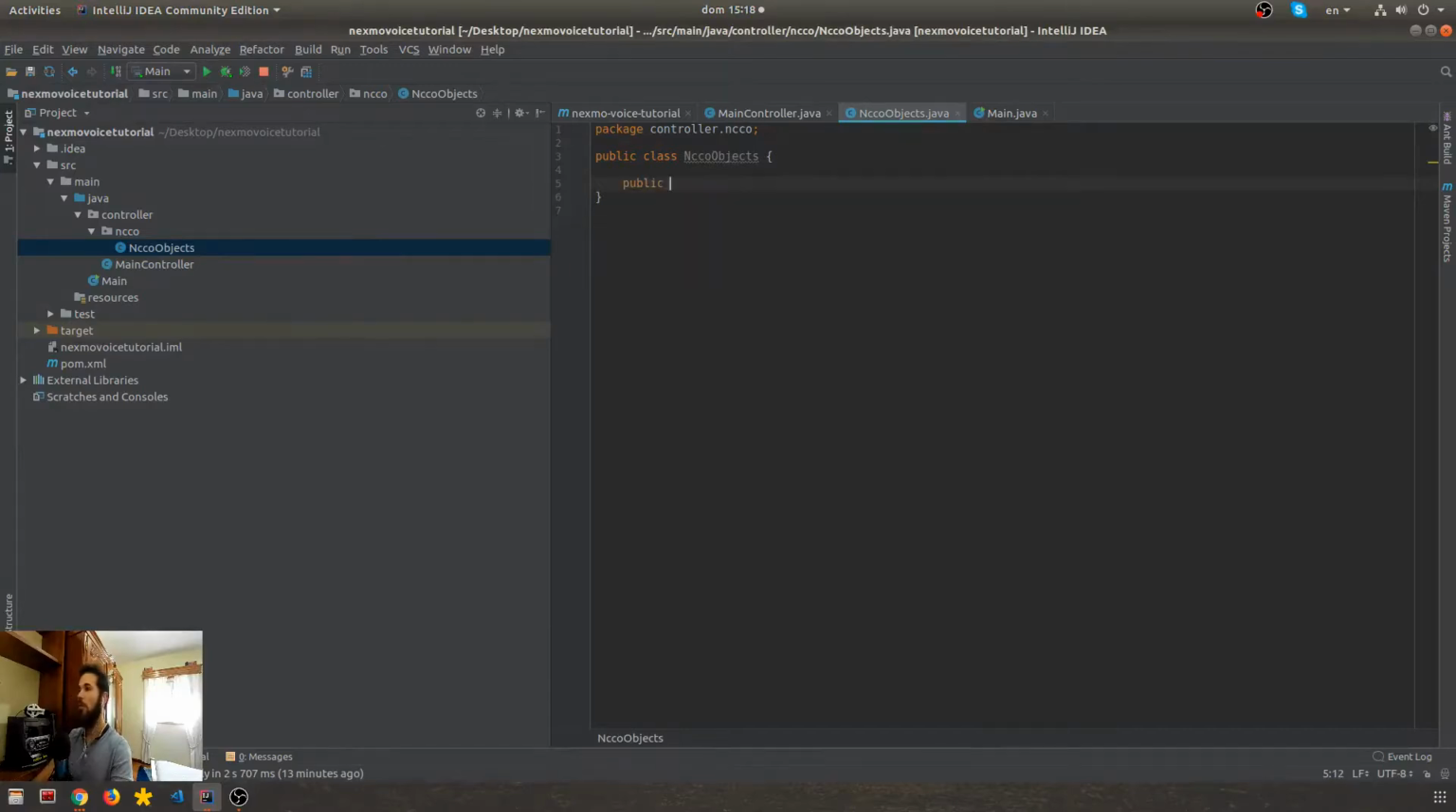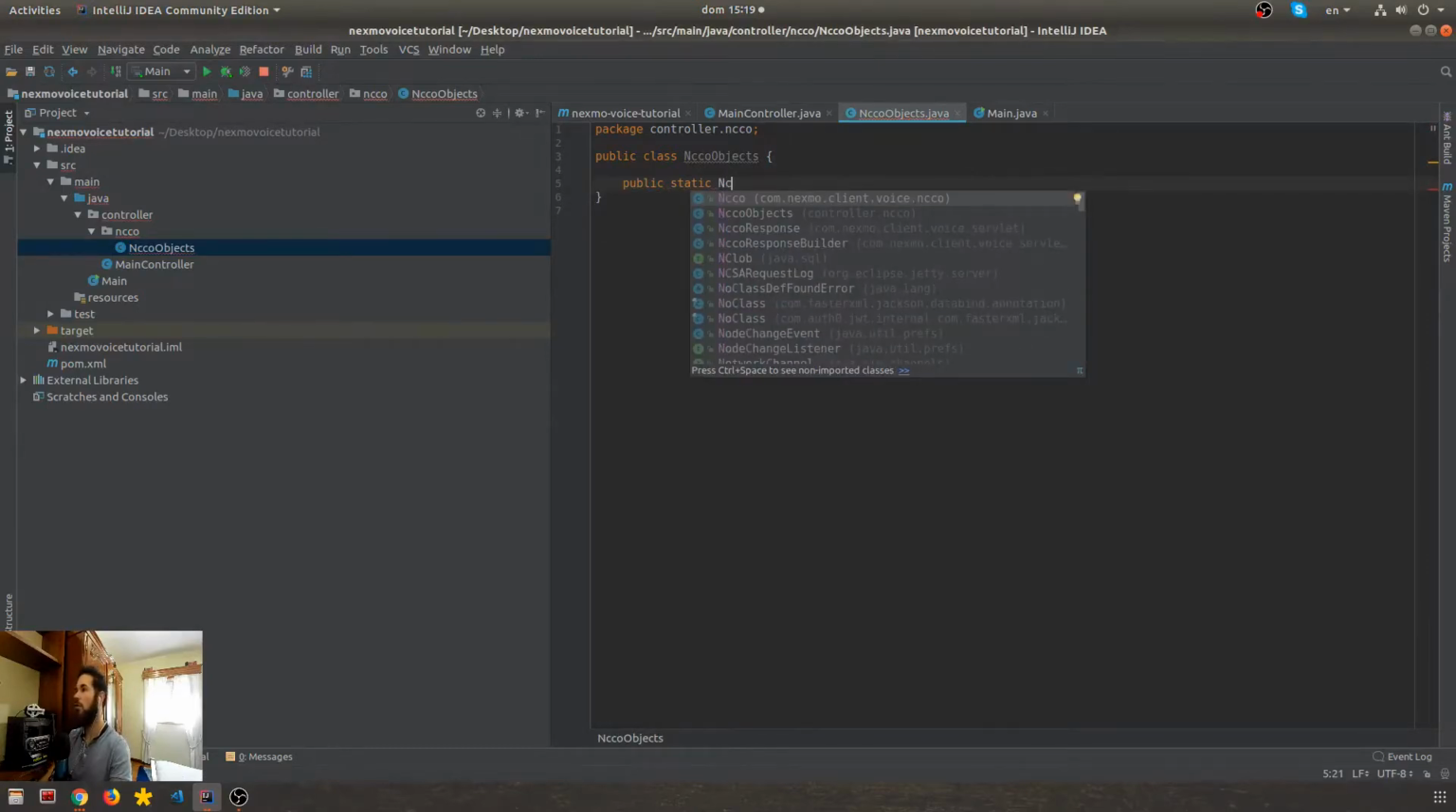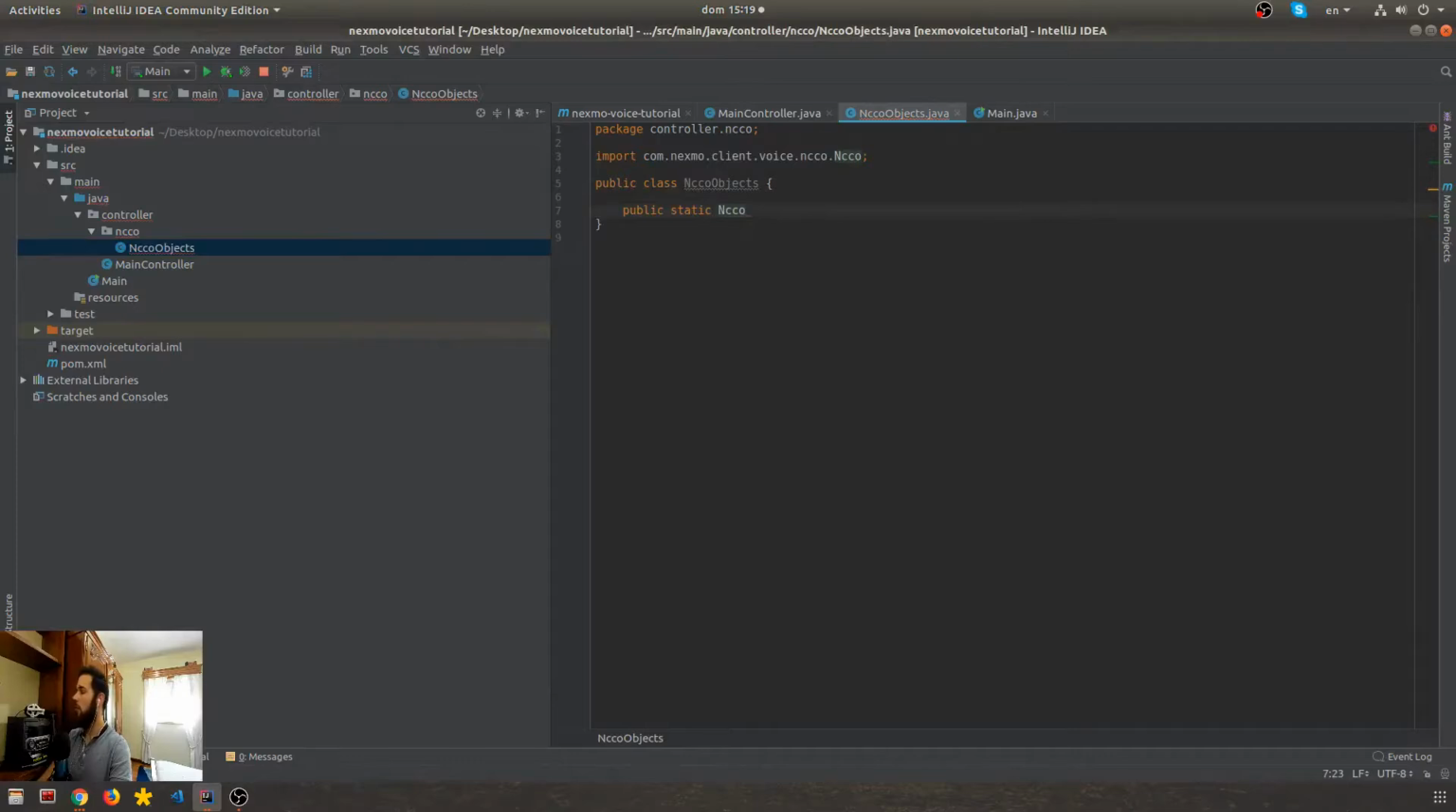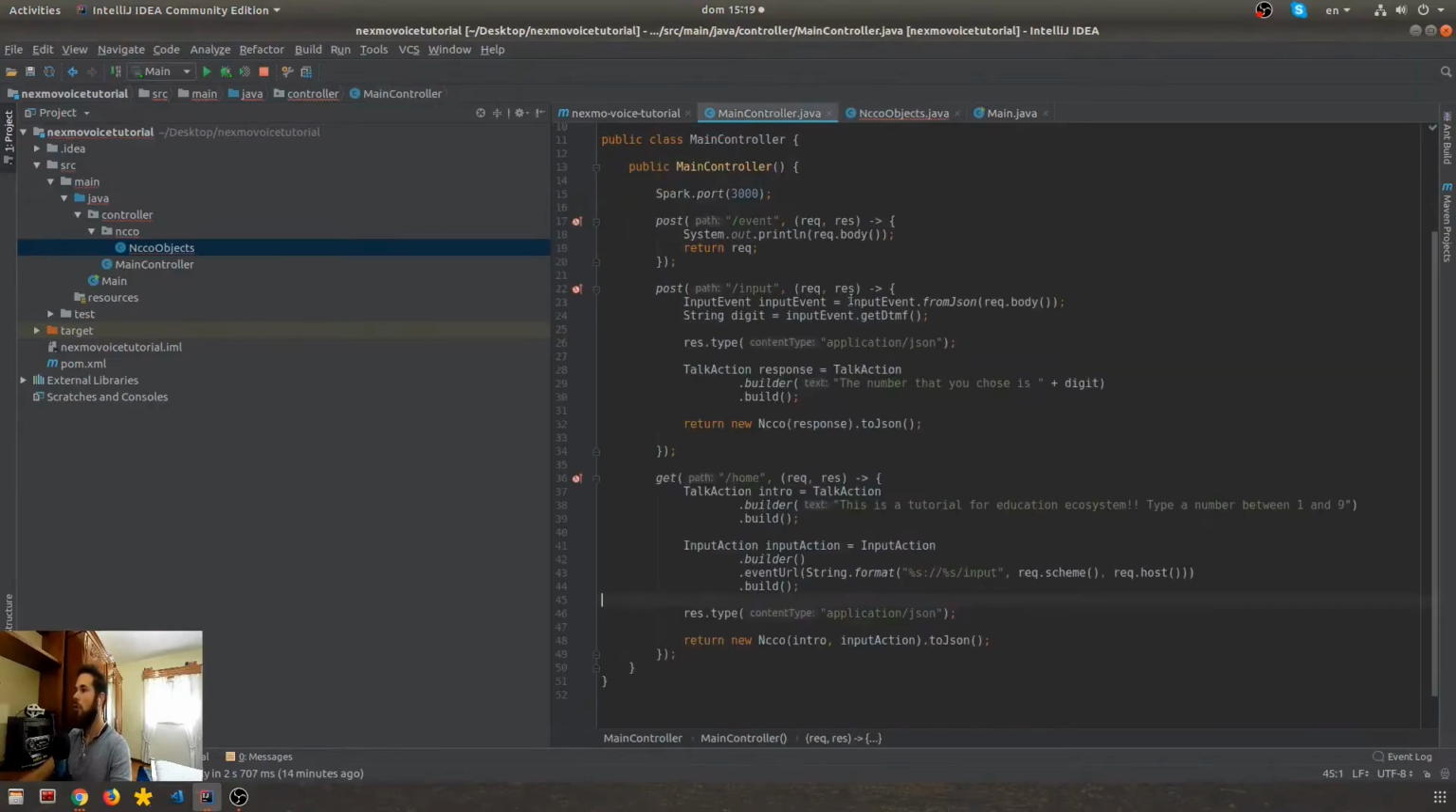So we want a method, public. We want a static method. We don't need to create an instance for this class. It will return an NCCO, okay? And it will be getHomepageMenu, okay? And now, as we saw here in main controller, when we return an NCCO, usually we